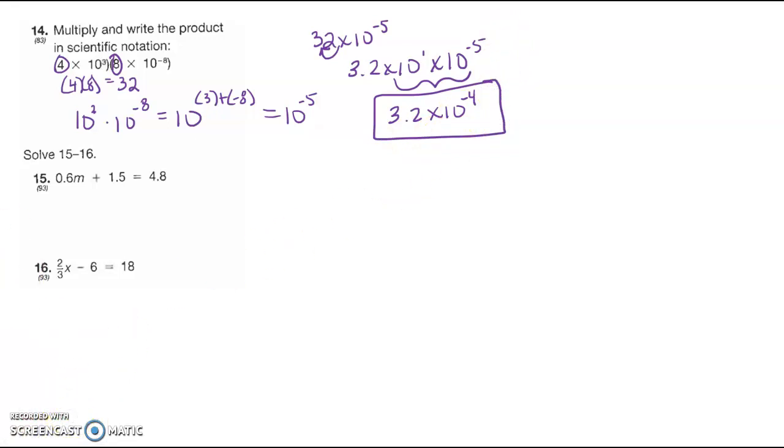Okay. All right, so this is a two-step problem. My first step is going to be to add or subtract. I'm trying to get m by itself. So let's get rid of the thing that doesn't have m. That goes away, equals 4.8 minus 1.5 is 3.3. And then